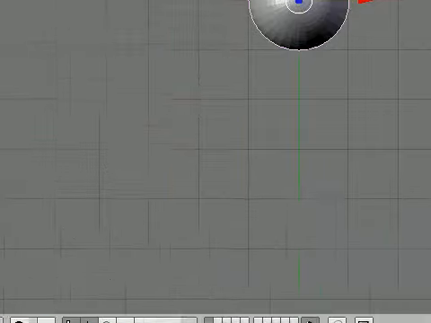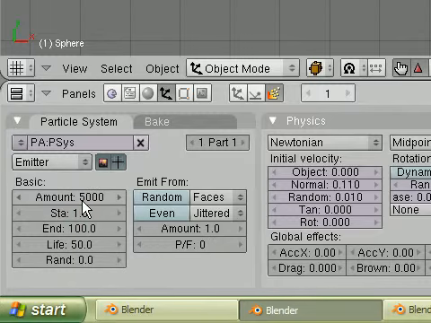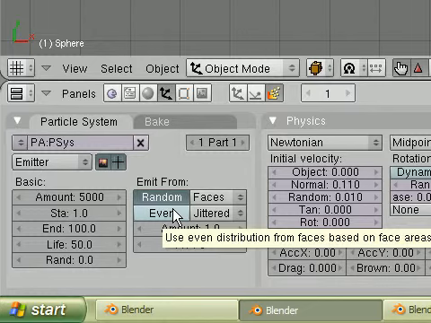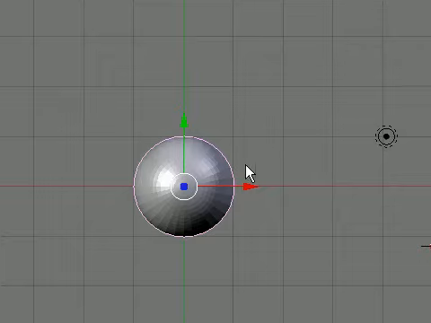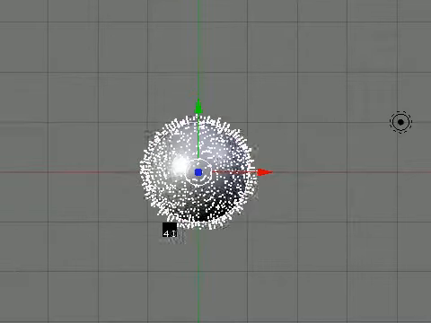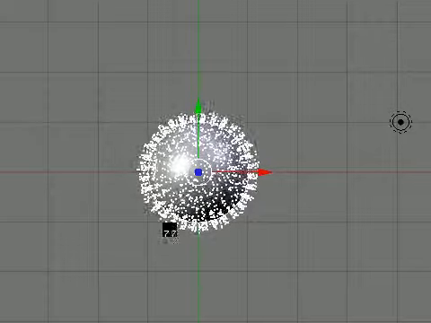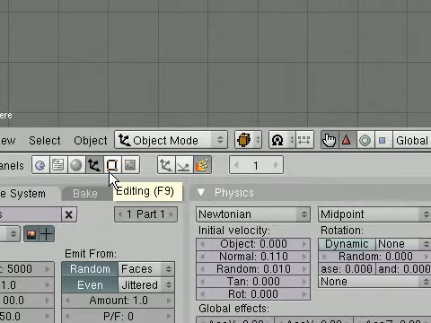Seems reasonable enough. Got a little more. Probably at about 5,000 particles, or amount of particles. And then we hit random. And even right there, that should be just about good enough for now. So we have our faces randomly coming out. Okay. Good enough. So now all we have to do is go back to the editing tab,